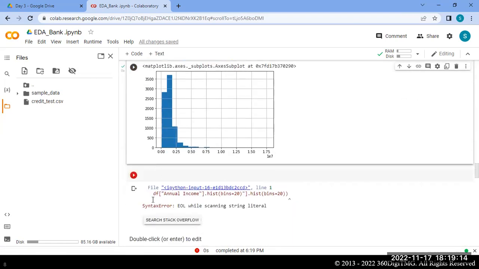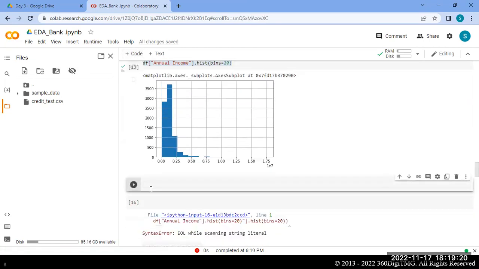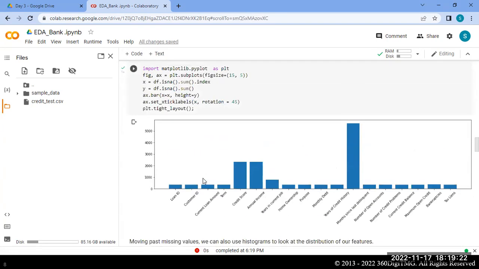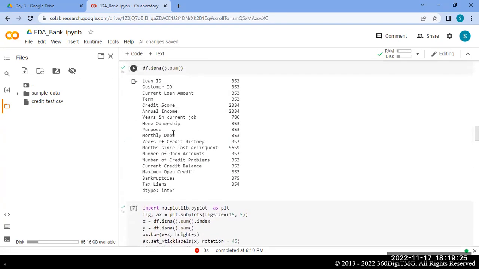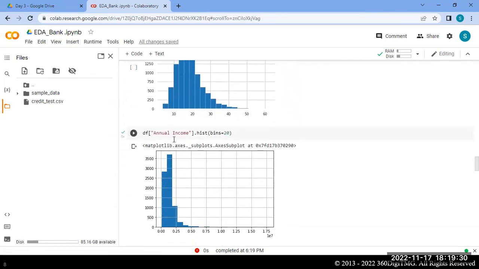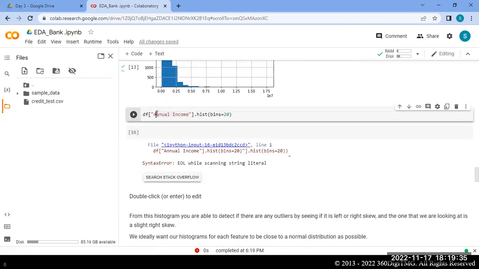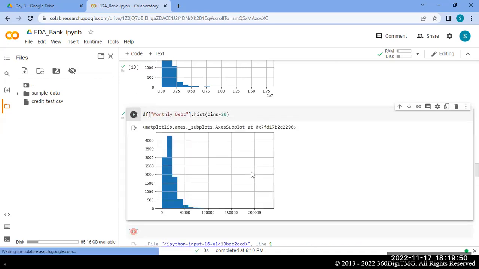Simply take it as it is. For what we are doing, monthly debt. It is not removing. Monthly debt. You can also check if it is symmetrical.